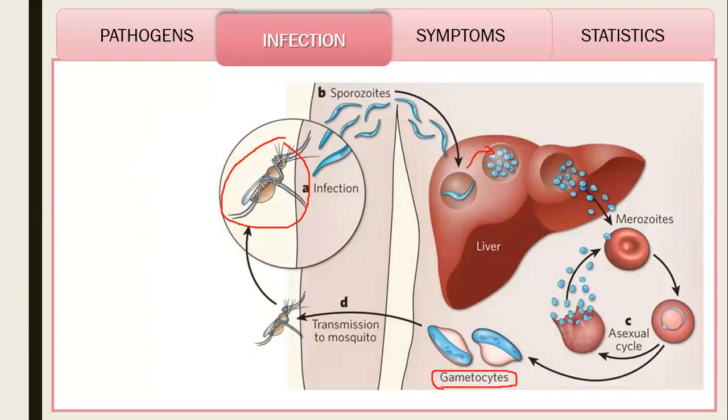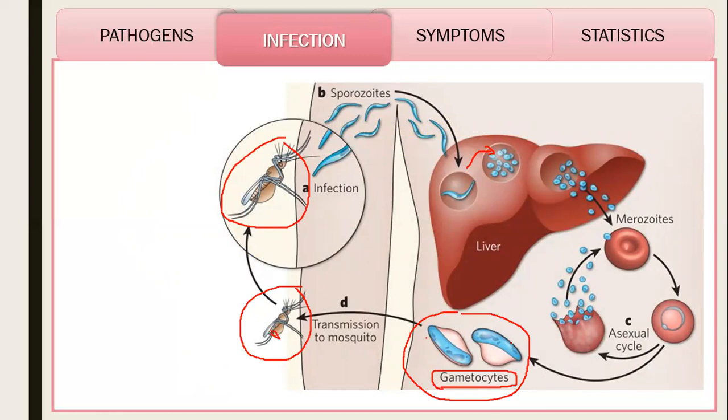Gametocytes are the stage of the plasmodium where they will undergo sexual reproduction. But for sexual reproduction, they don't need the human body. They must enter back into the mosquito. So when any mosquito, infected or not infected, bites the infected person, they also take these gametocytes. And these gametocytes enter the mosquito body, go to the abdominal part somewhere here, and they reproduce